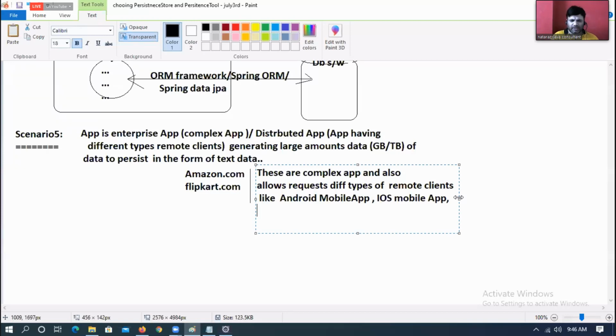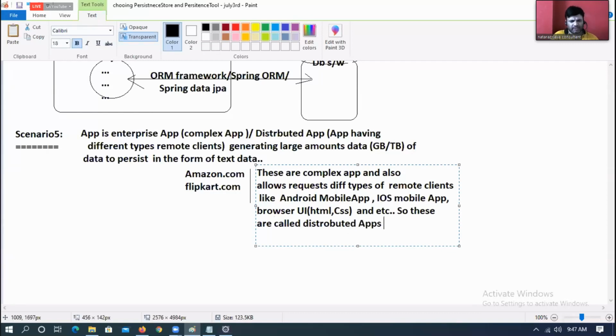Browser user interface. That means HTML, CSS. Mainly HTML, CSS, and etc. So these are called, what is this?